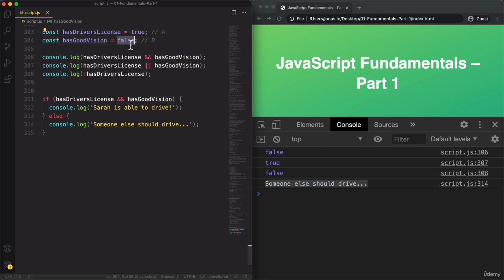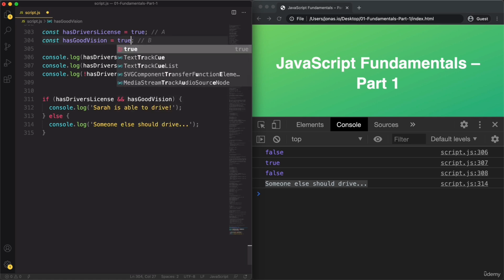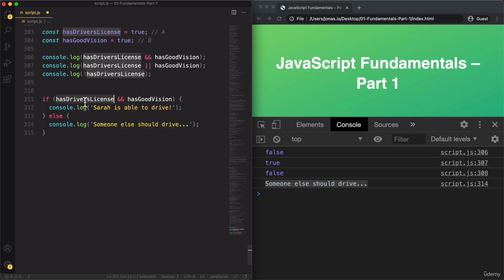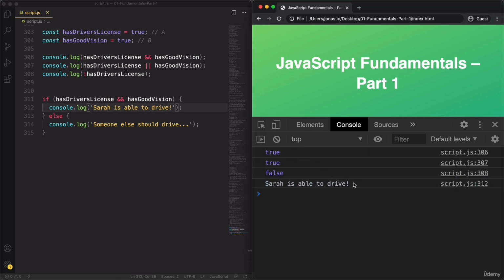But of course we can change it once more. And so right now both of them are true. So has driver's license, true, and has good vision, true. So true and true is true, and so Sarah is able to drive. Let's check that, and indeed. Great. And with this one working now perfectly, let's take it to the next level and add another Boolean variable